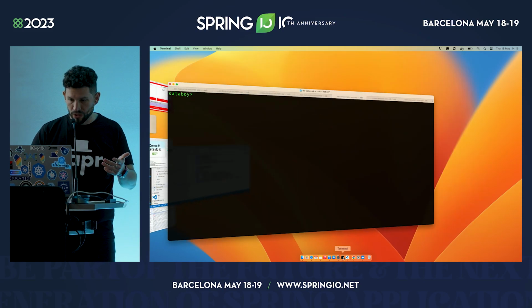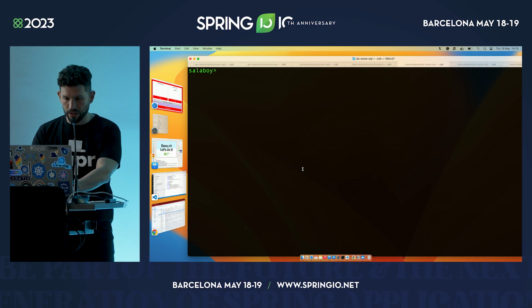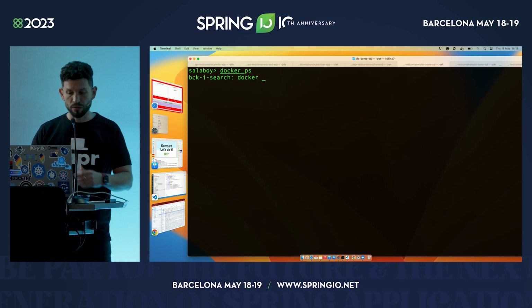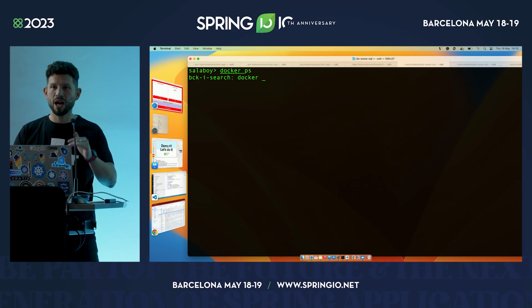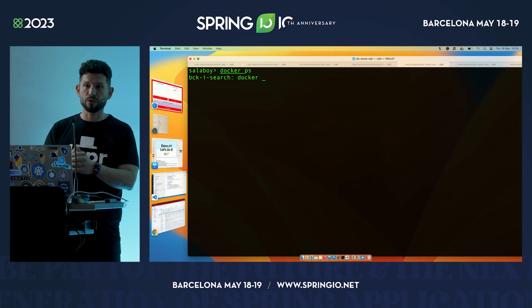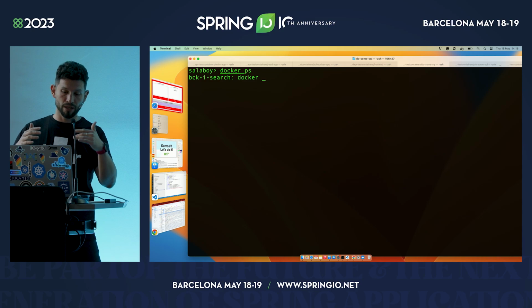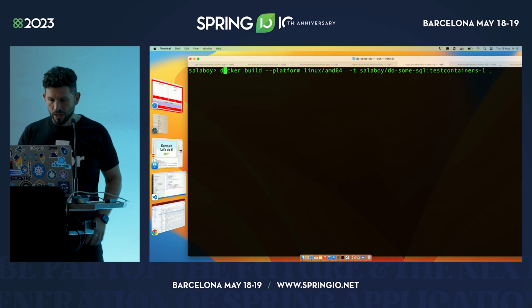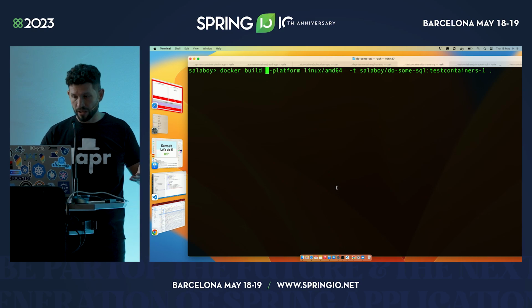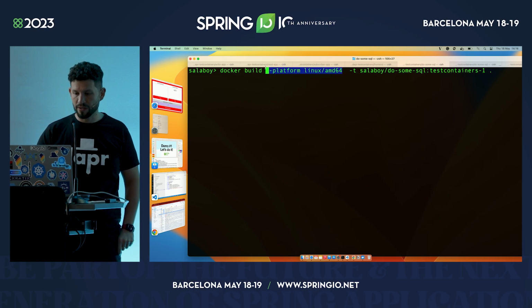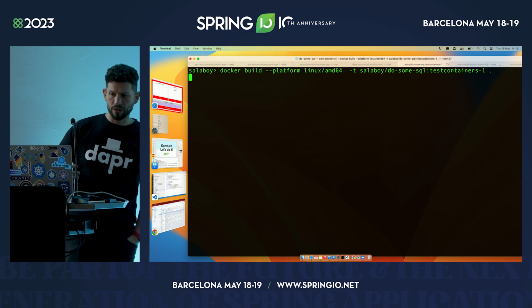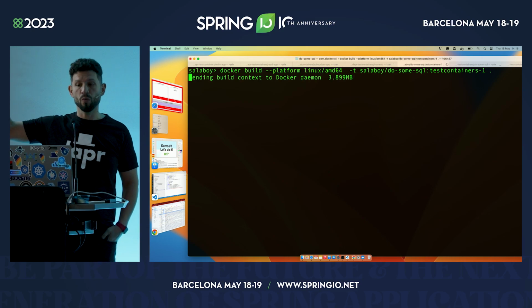So the first thing that I wanted to do here is build that container. You can use Spring Boot 3 now, which uses buildpacks to create containers. But how much support do you have there for creating multi-platform containers? It's not that great. It's coming. So as you can see here, I'm on my Mac machine, but I need to actually set the platform for this container. And then after I created the container for the platform where I want to run it,